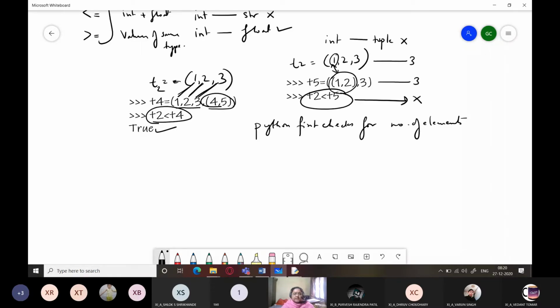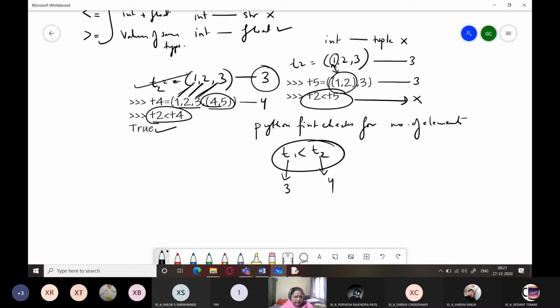If the number of elements in the first tuple is less than the number of elements in the second tuple, then it will simply deduce that tuple 1 is less than tuple 2. It doesn't go to element by element comparison. That is the reason, because here there are 3 elements, here there are 4 elements, so it simply deduces that T2 is less than T4, and we don't get any error message over here. Rather we get a True value.